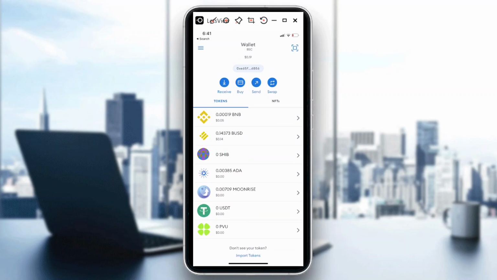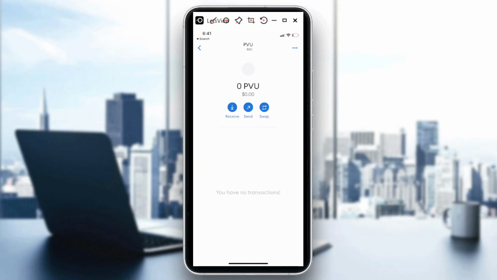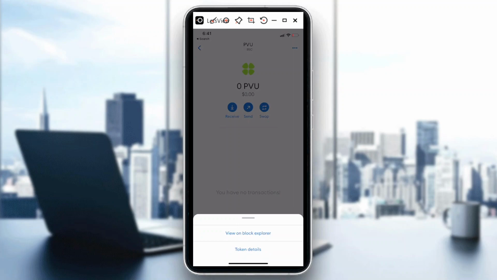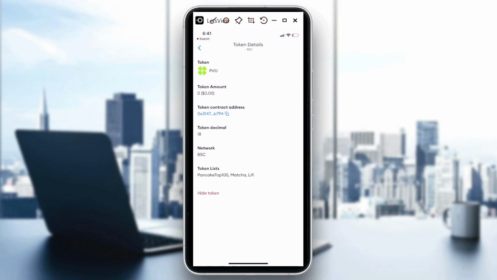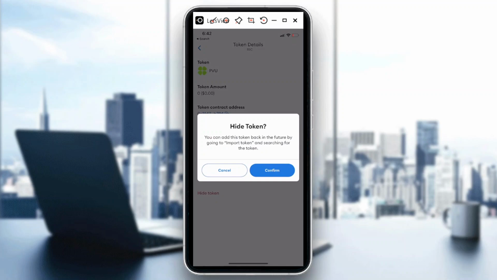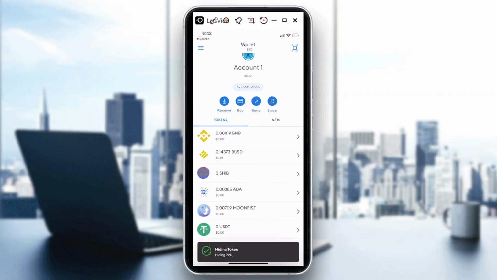remove them. So say for instance this one, it's zero. I no longer have Plants versus Undead, if I'm not mistaken. So how to actually remove your token is, click on that. Upper right of your screen, there's three dots in there. Just tap on that. You click on token details. You'd be able to see the details of this token. And then there's red font in there that says hide token. You can tap on that. And then just to confirm, hit the confirm button, and then Plants versus Undead is no longer showing